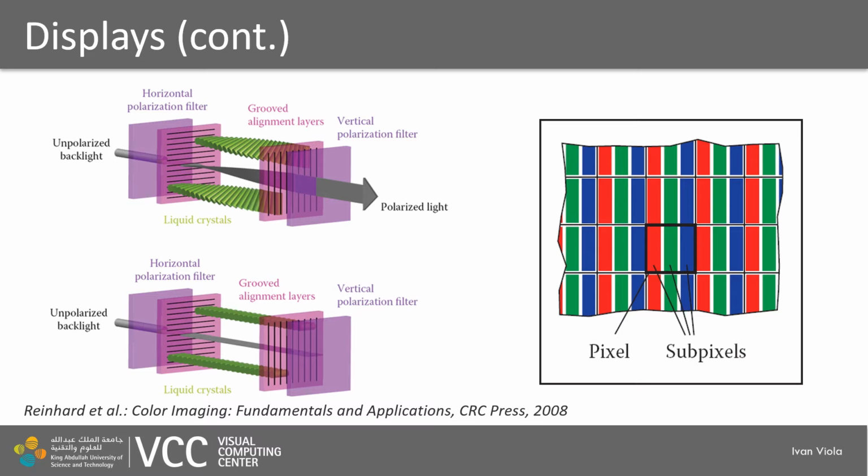So based on the combination of various voltages for all these pixels, millions in fact, they will form an image. Now we have